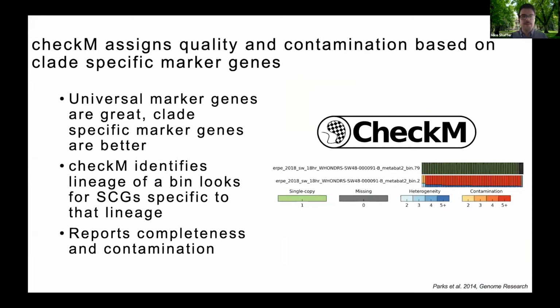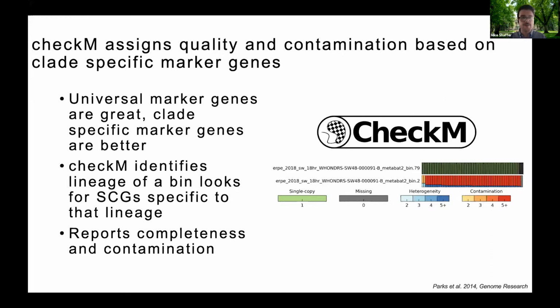To assess quality, or completeness and contamination, we use a tool called CheckM. CheckM is available in KBase, and it's what we used in the narratives that the groups went through today, and everyone will be able to see soon. CheckM is more advanced than just looking for that simple set of 35 universal marker genes. It looks for marker genes that are specific to clades. So for example, the team behind CheckM looked at all of proteobacteria and found genes that are present in single copy numbers only in proteobacteria. That creates a bigger list than if we just look for 35 genes which are present across all bacteria,